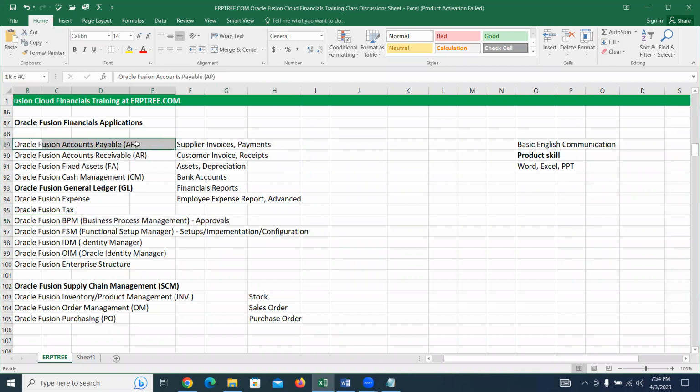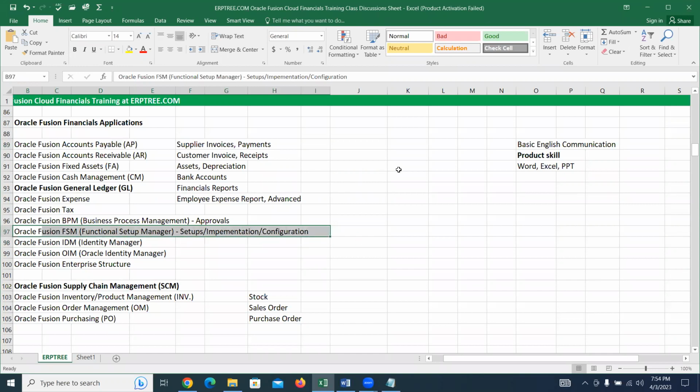If you want to use AP, accounts payable application, you have to keep that application ready. Keeping that application ready, we call as setups or configuration. If any company wants to use accounts payable, there may be many features. But how many the company requires, we have to arrange those. All they may not require. Whatever they require, we will arrange it. That we call as setups. So to set up any application to use, we use Oracle Fusion FSM.